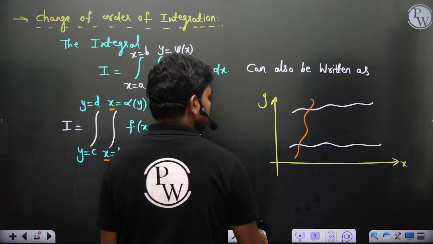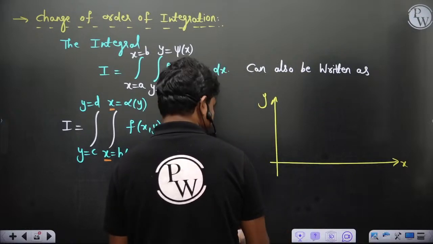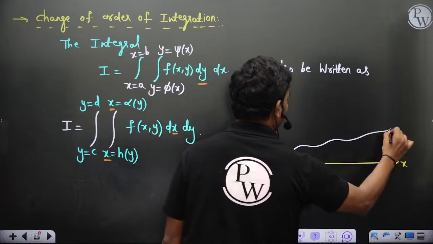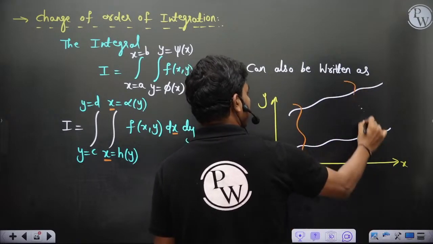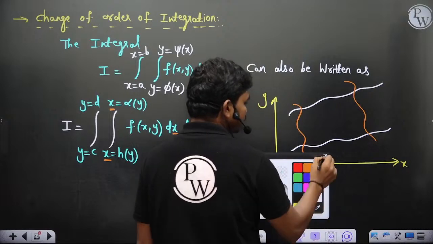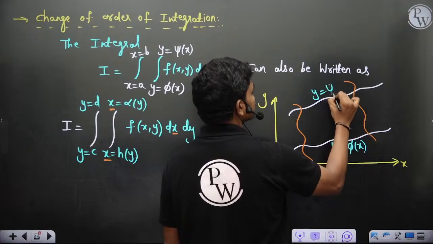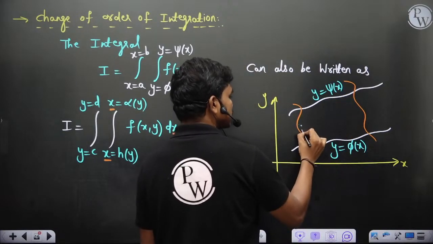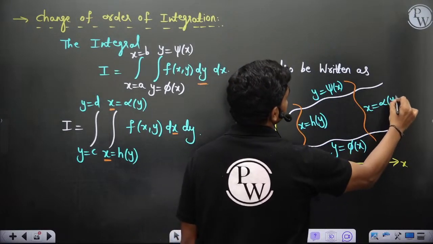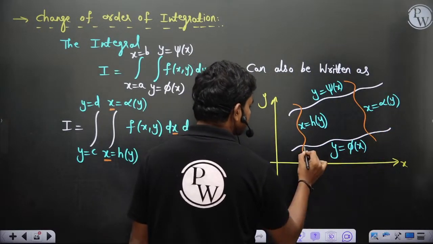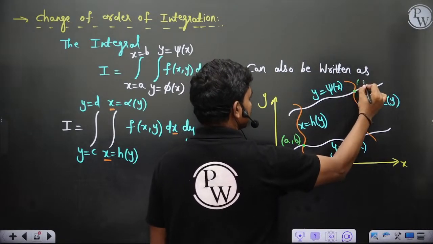Let's see, something like this, okay? So let's see, this is the curve y is equal to phi of x, and this is the curve y is equal to psi of x, okay? And let's say this is x is equal to h of y and x is equal to alpha of y actually here, okay? And let's say this point here is a comma b, and this point is, sorry, a comma c actually here,